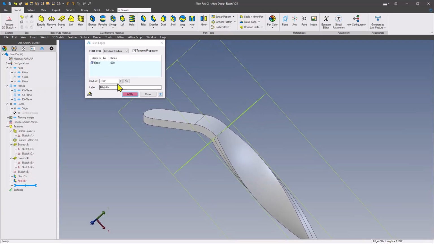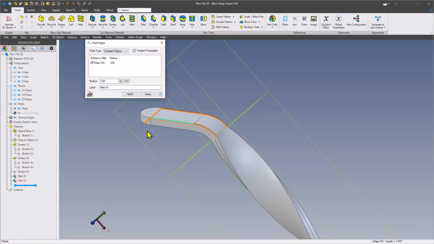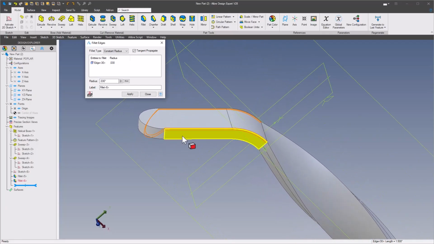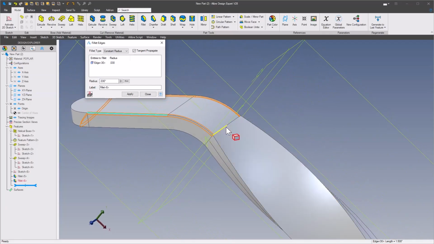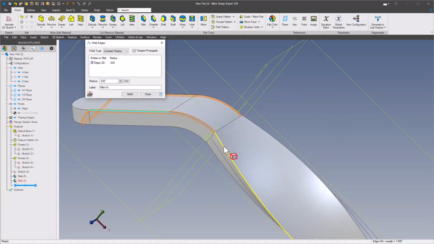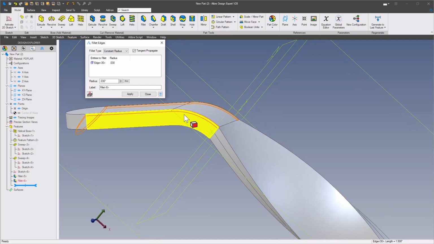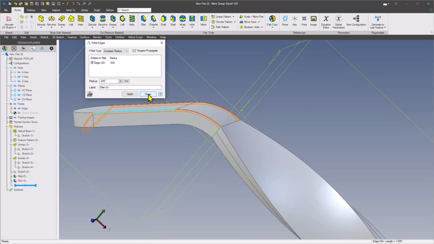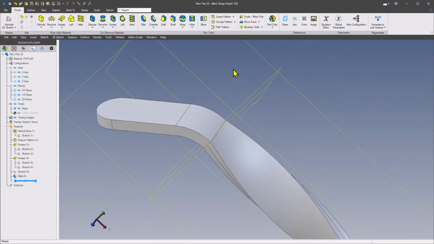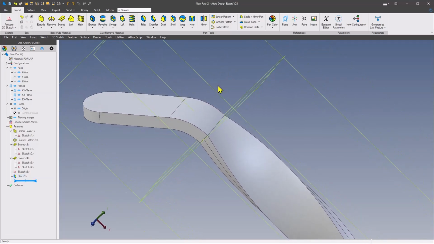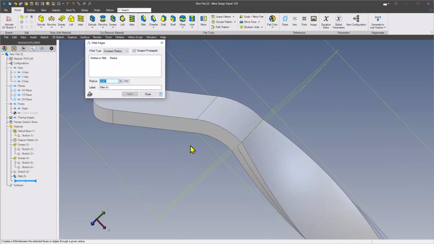Now it's not going to propagate to the end because it's going to choke right at this point where it comes around and contacts the twist and the bend, because there's no tangency between those features. So what you can do, if you wanted to fillet that, is